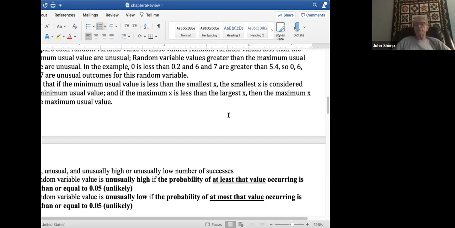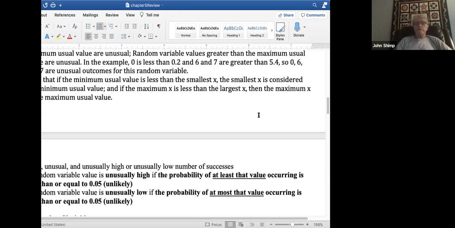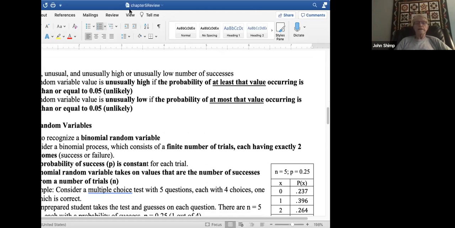Anyway, you'll see lots of problems on the binomial. So you're going to have to understand what binomial distribution is, what makes it a binomial distribution, and how to find binomial probabilities and use them. So let's go ahead and move this out of the way. Come over here and,